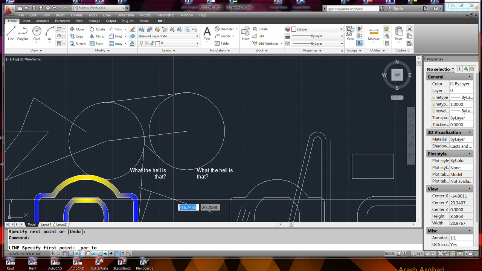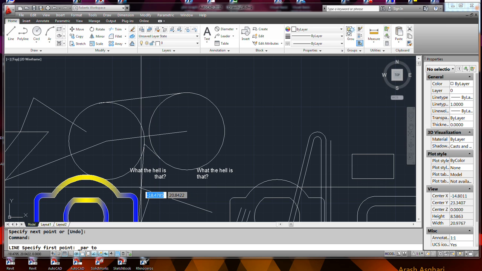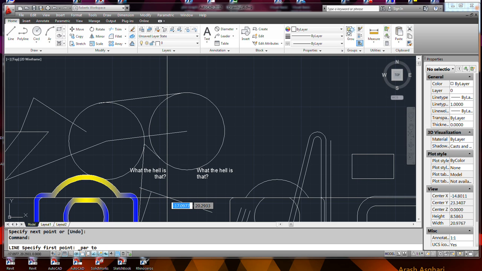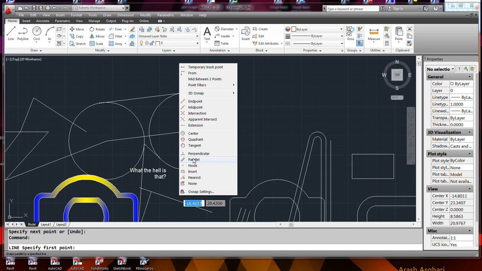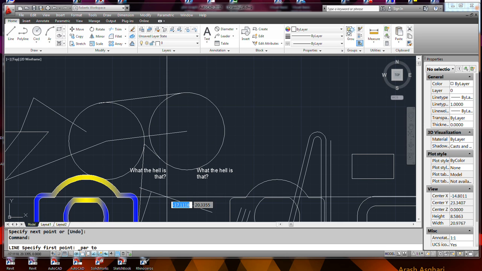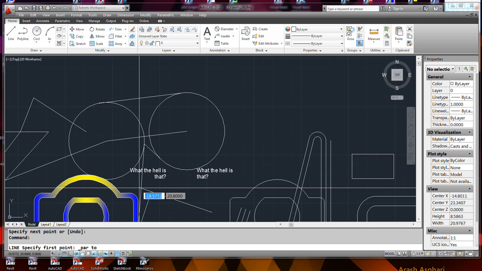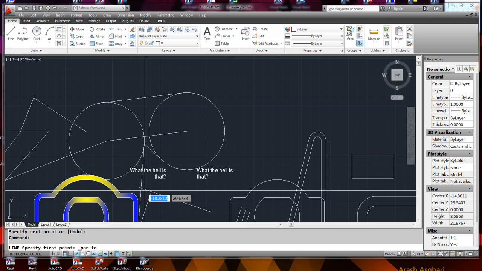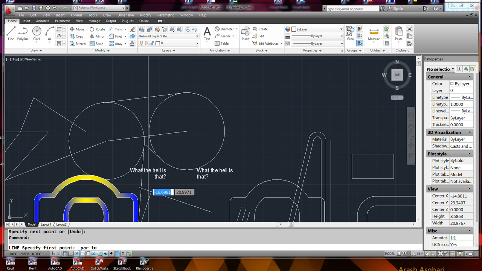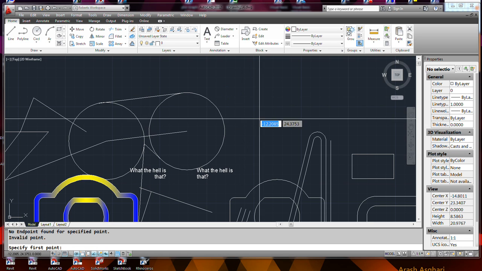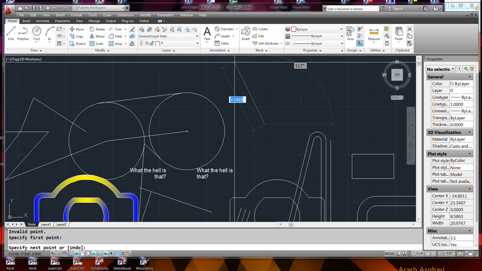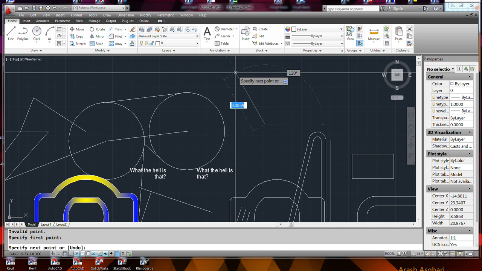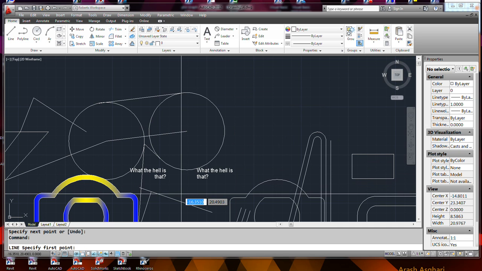parallel. Okay. Well, hold on, let me stop out of that command. Let me hit parallel. And create just an invisible line there, I guess. And it will create one that's parallel to it. Or, I believe,